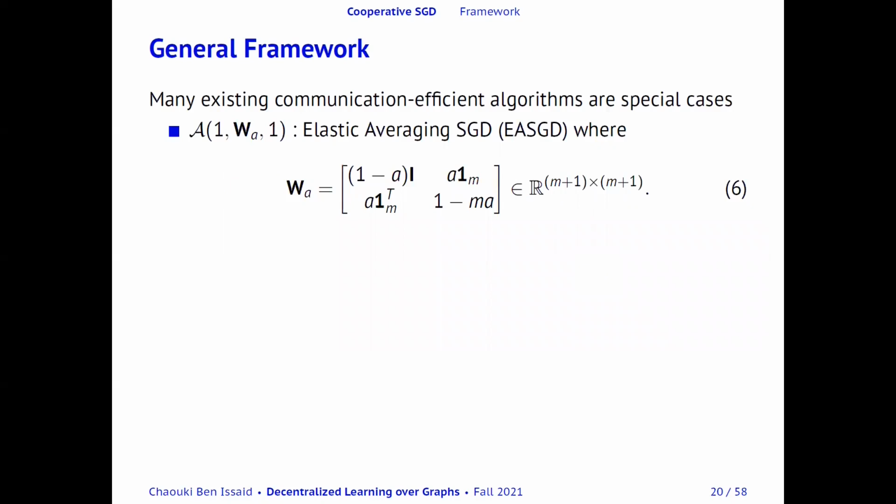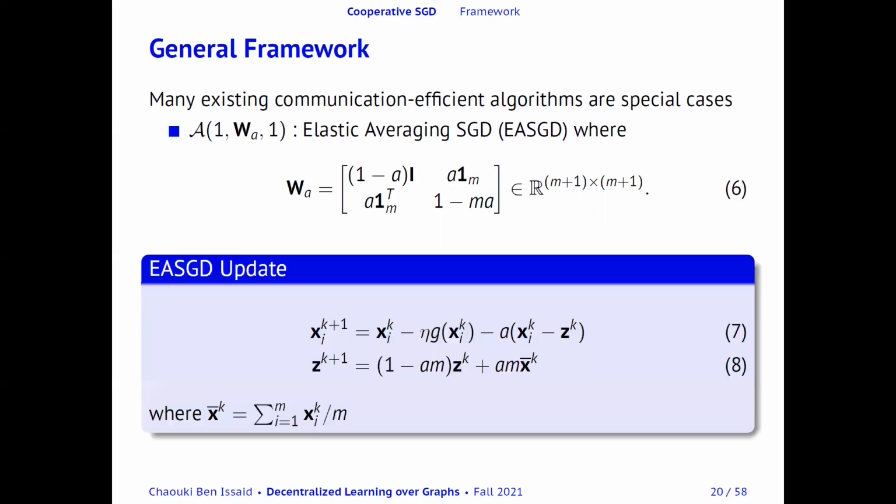If we now set tau and nu to be equal to 1 and consider W to be equal to WA, where A is a scalar and the matrix WA is given by equation 6, then we get elastic averaging SGD. The per node update in this case is given by equations 7 and 8, where X bar is simply the average model, and Z is an auxiliary variable kept at the parameter server and shared with the